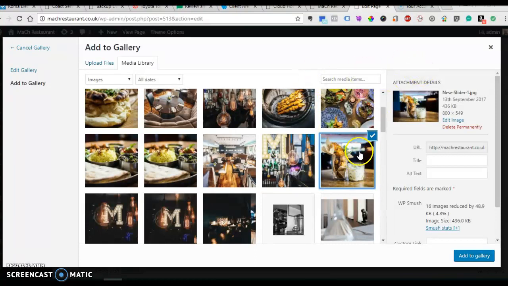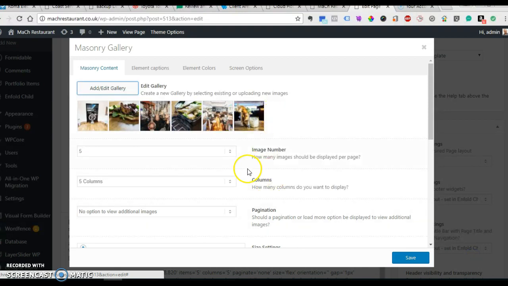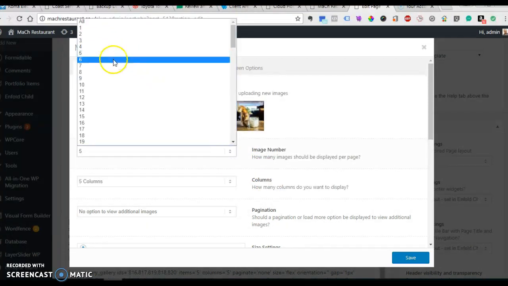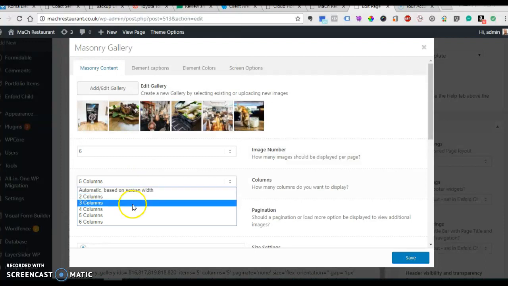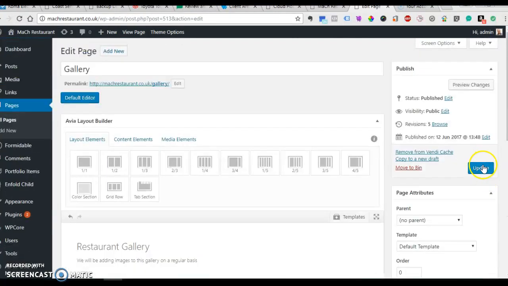So let's imagine, for this example, this has already been optimized, edited and uploaded, and therefore we're just going to add it to the gallery. And then when we insert it into the gallery, we've got 6 images, so we want to change that to 6, and the maximum columns we can go is 6. So we save it, we update,